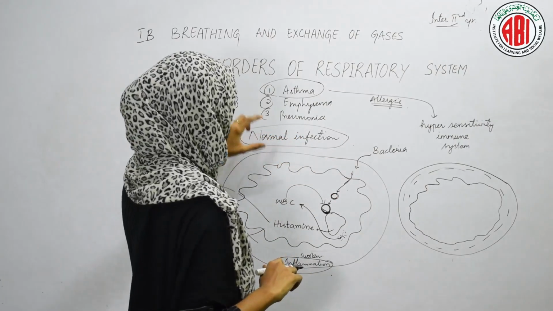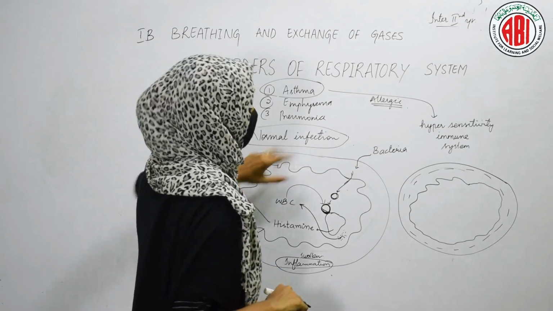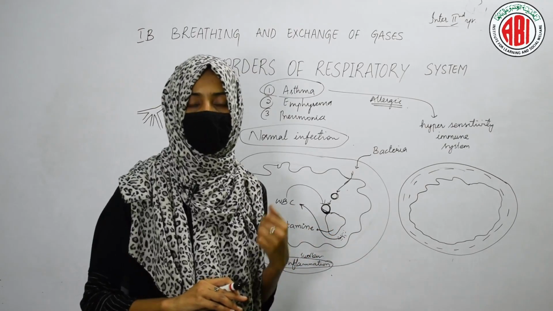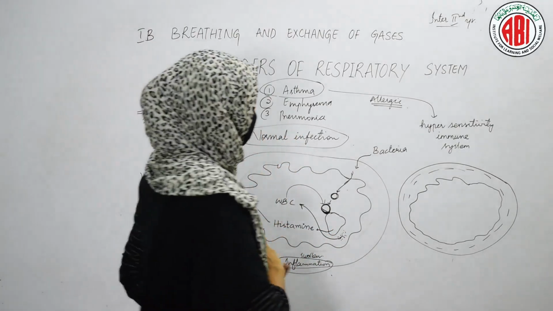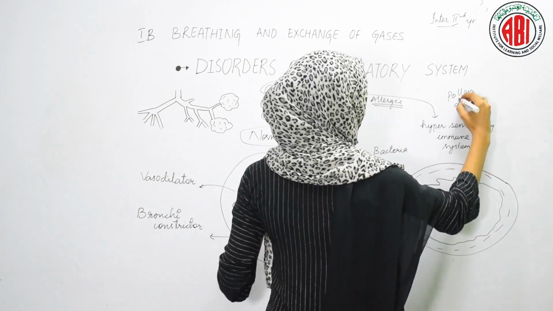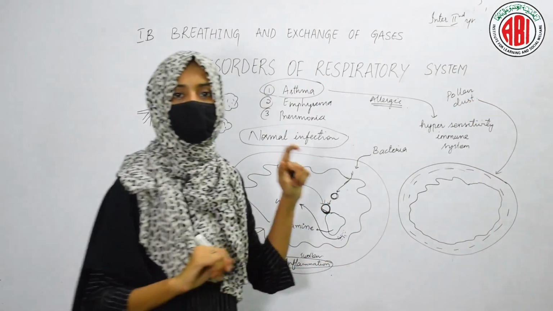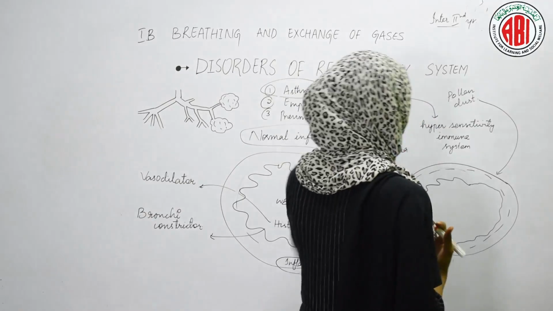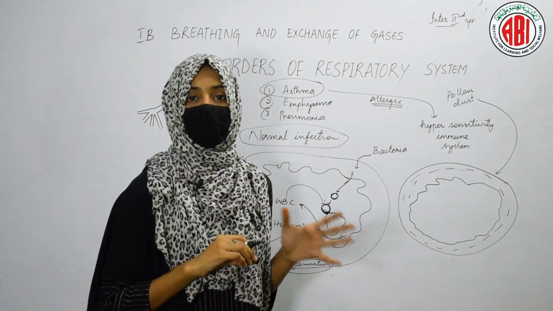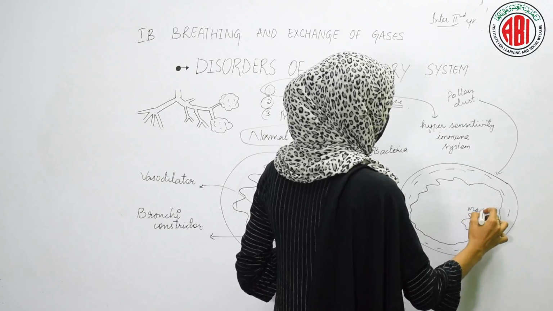Here, in the normal infection, we have studied that bacteria enters into the organ. But in some conditions, no microorganisms or foreign particles are going to enter into our body. Some of the materials which are not at all harmful for our body, like pollen grains or dust particles, if they enter into the trachea, if they enter into our bronchi, then the immune system of our body, which is very, very hypersensitive, reacts. So, the mast cells which are present here are very sensitive.